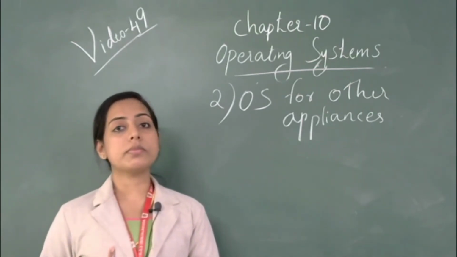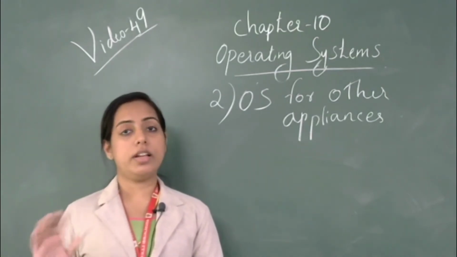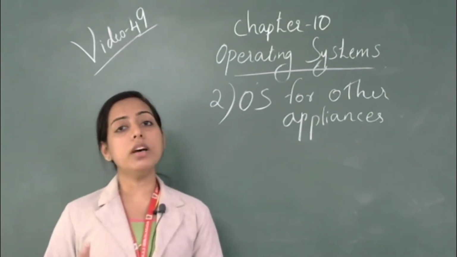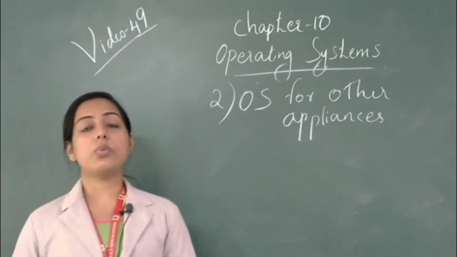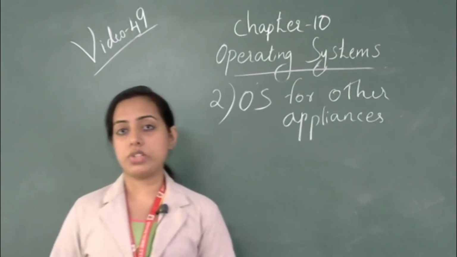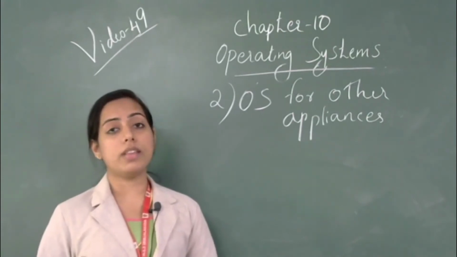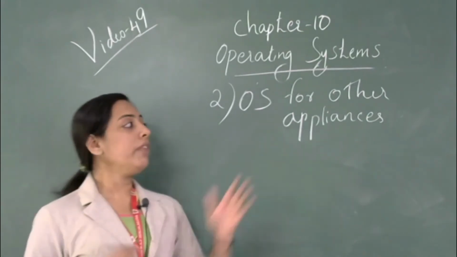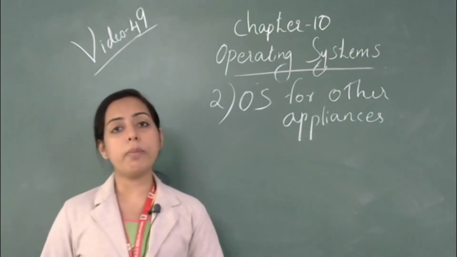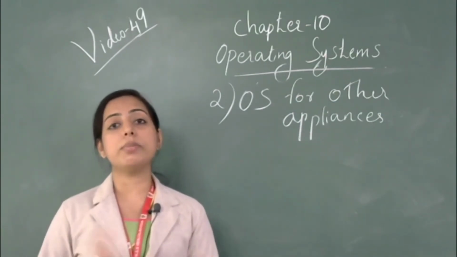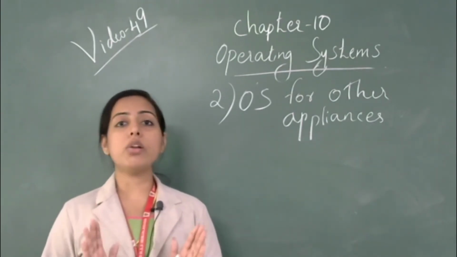Then what? Can you list any others? Robots, robotics. In that field also, it works based on programming instructions. Then some televisions also work based on programming instructions. So these are some of the devices, apart from the computer, that work based on programming instructions. And we are moving to operating systems for mobile phones. You are using mobile phones, and which operating system do you use on your mobile phone? Normally we use the Android operating system.